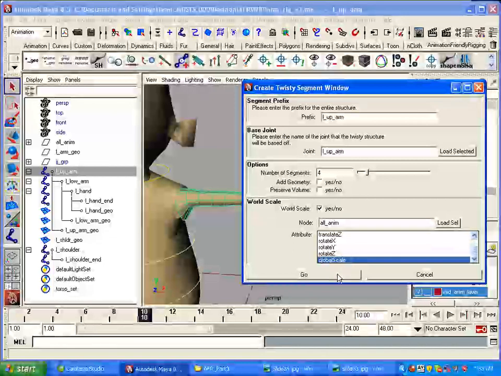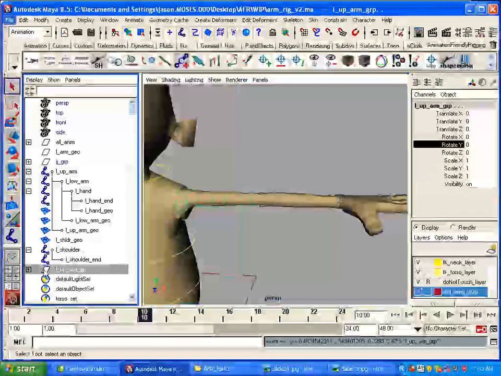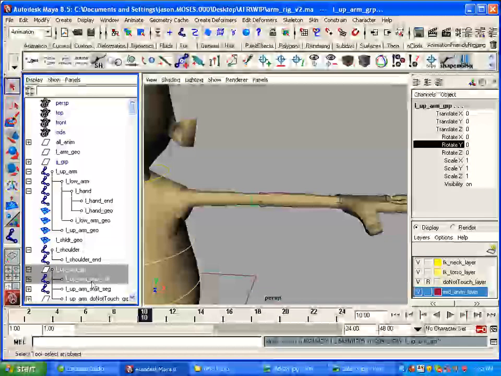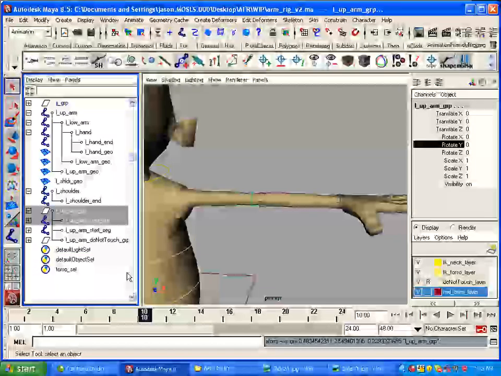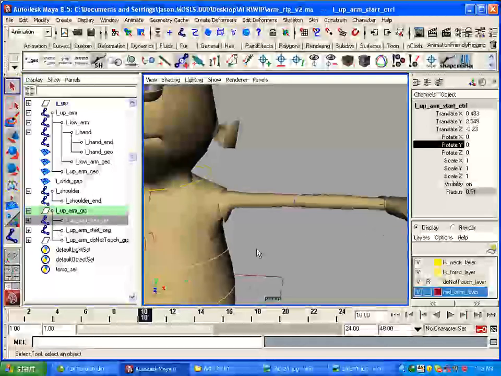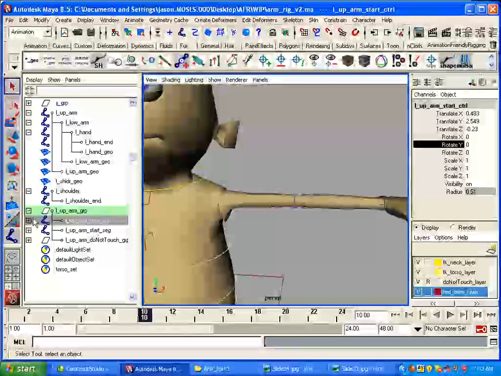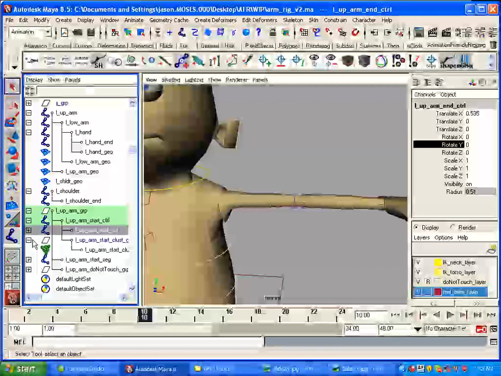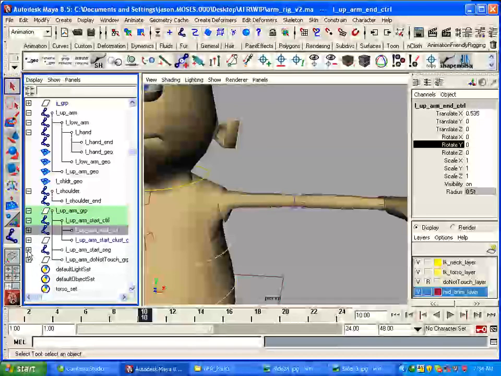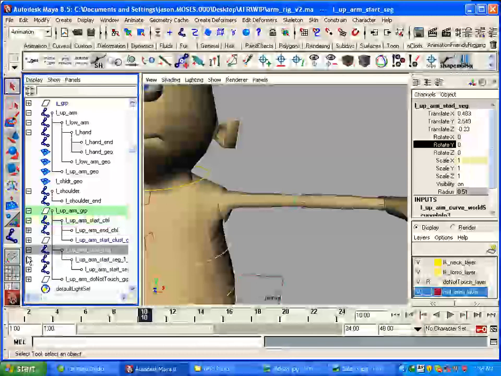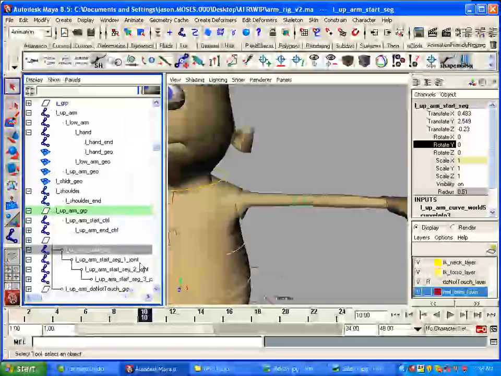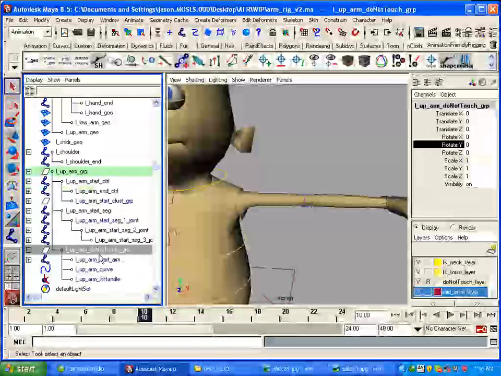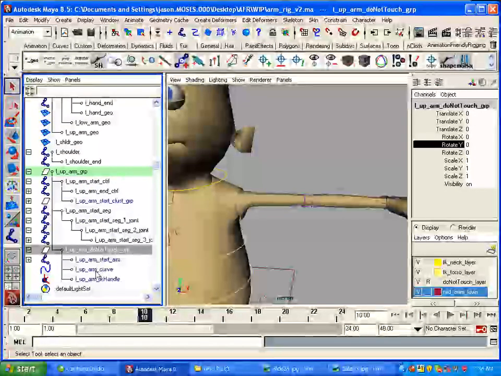We'll choose that and click go. And what that does is create a group called the L up arm group. If we open that up, you can see here that it looks very similar to what we created before. You've got an up arm start control and an up arm end control, and there's clusters attached to those. You've also got the up arm start segment, and then that's broken apart into little pieces. And then you've got a do not touch group, which contains the start, the aim controls, the curve, and the